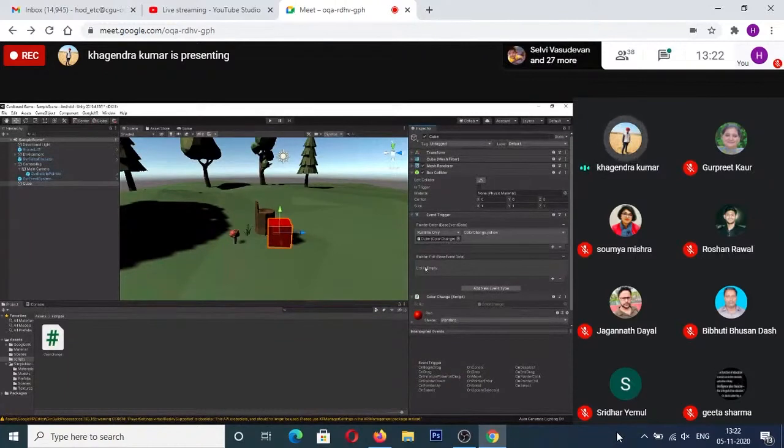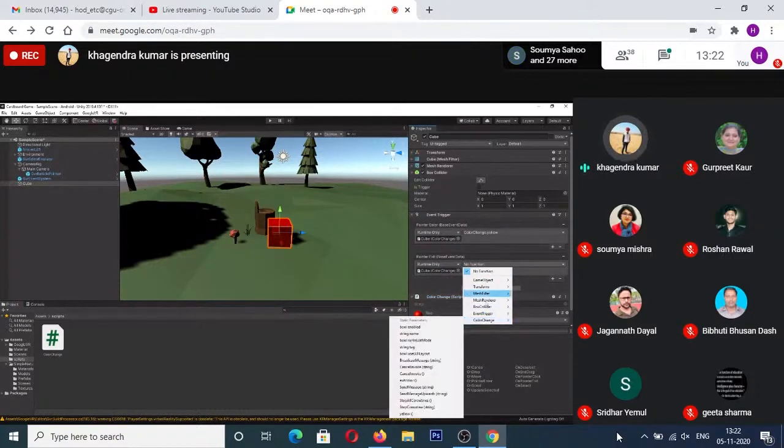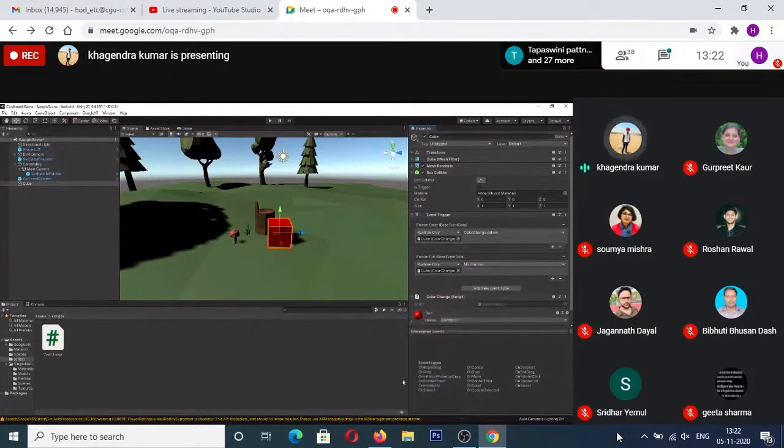I'm repeating it again. Once I have added this, in order to add to this list, I can click on this plus icon that is there. I can click on this and then select this color change script and add it as an object to be used. Now once this option is there, I can again go to the function. Inside this color change, I have a script that is exit color. This needs to be exiting. So whenever the pointer is exiting, I'm changing it to exit color. Whenever the pointer is entering, it is changing it to yellow.